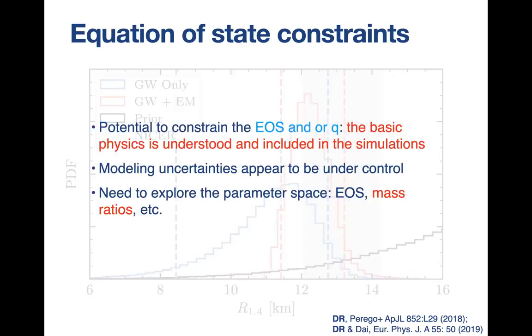So let me make a few comments here. First of all, here we have assumed that the mass ratio is not very large. If the mass ratio of this binary was very large, some of these conclusions would change, and Ken Takami and collaborators have shown this very clearly.